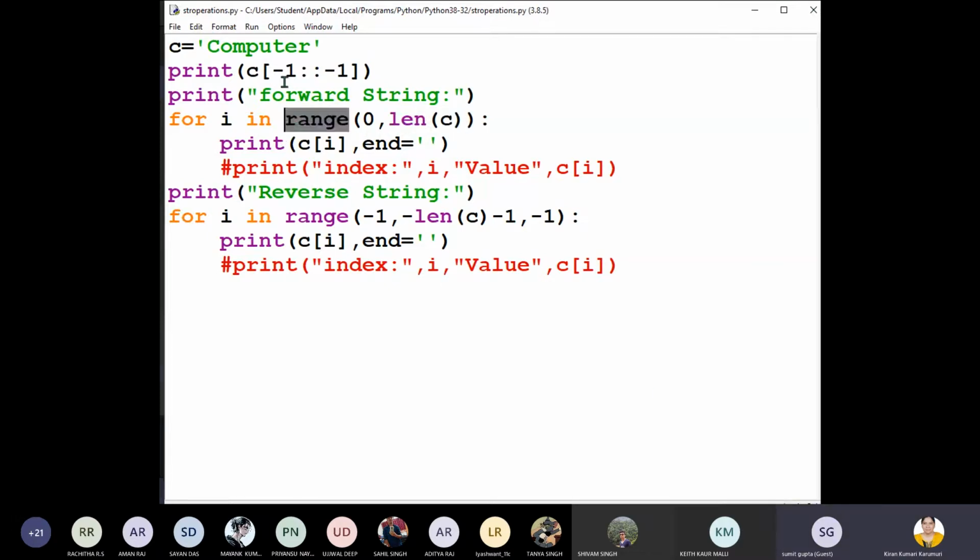Okay, ma'am. Range function also. See, even if you take the slice operator, the starting value is inclusive, whereas the stop index is not inclusive. Same thing in the range. But here in range we separate by comma, whereas in slicing we separate by colon.